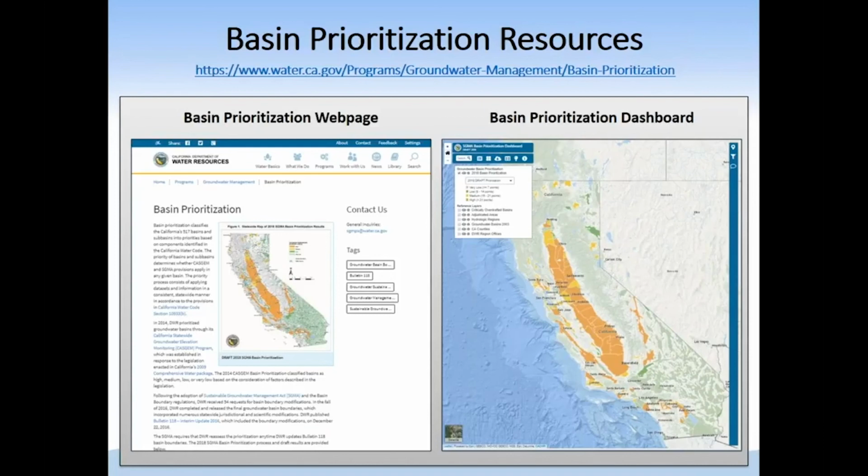On this website, there's also a basin prioritization dashboard that allows you to look at the draft 2018 results across the state on an interactive map and look at the components that Roy mentioned for each individual basin. So I'll do a quick demo for each one of these resources so you get a better feel of what is available on these sites.